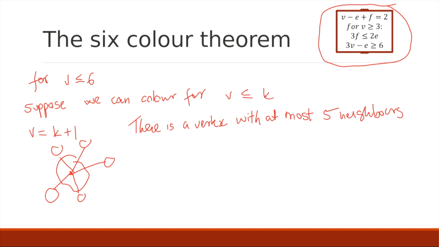Generally, if you want to prove that there is something, quite often the easiest way to prove it is to say, okay, what happens if there isn't? Which is called proof by contradiction. So I'm going to say if all vertices have at least 6 edges, then the number of edges will be 6 times the